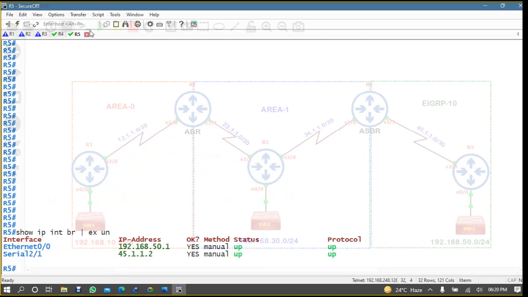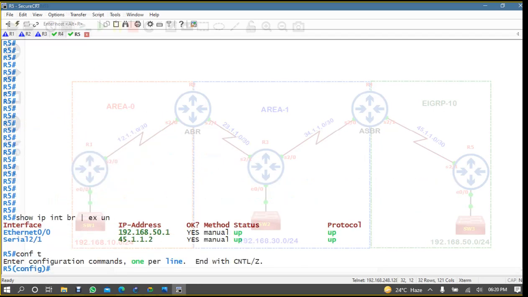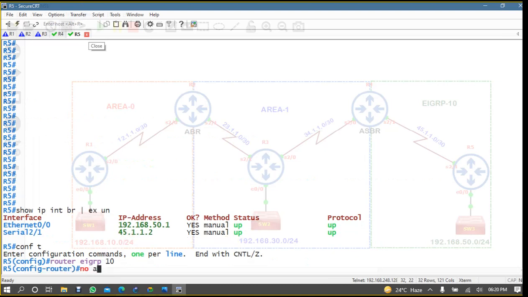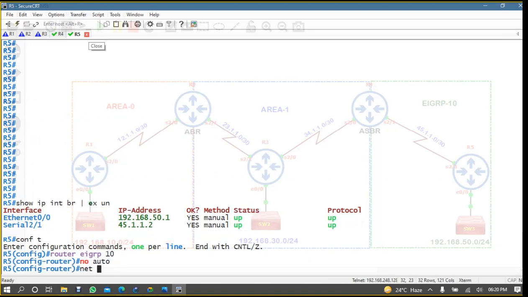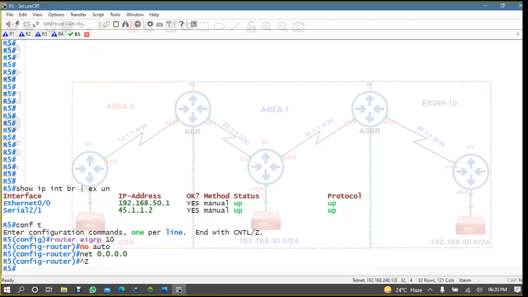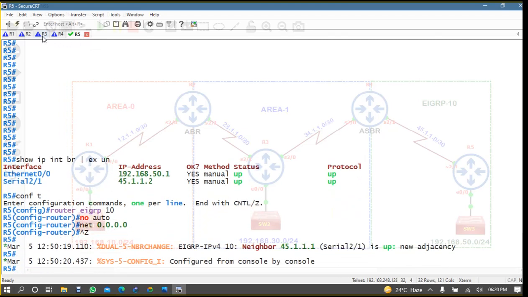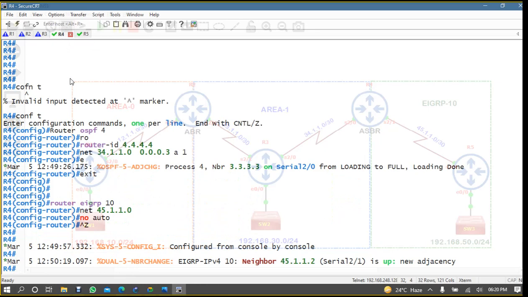R5: conf t, router EIGRP. Which EIGRP have we used here? EIGRP 10, no auto-summary, network. That's it. Now I'm coming on R4, and if you check here,